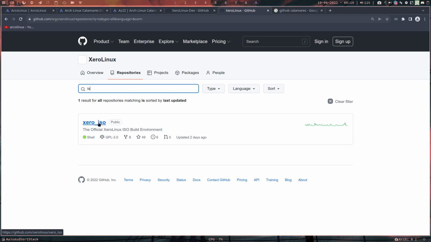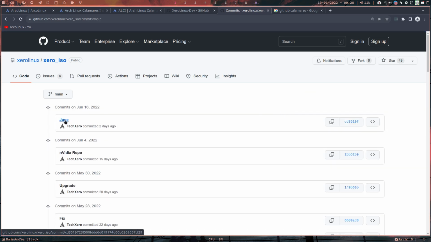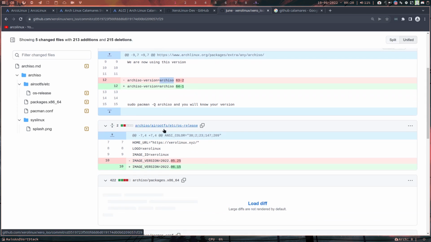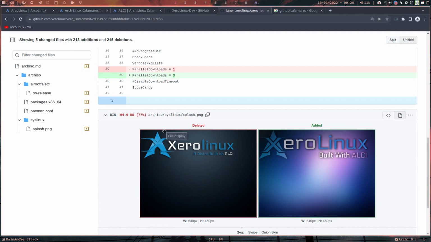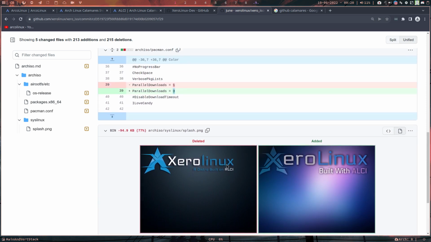This is the official ISO. It has been updated. You can follow this, learn from it. What has he done in June? He changed the number. Why? Because we all need to learn about ArcISO. Many videos about ArcISO included in all the websites. Making a choice from parallel downloads 1 to parallel download 3. We've taken 5. A new screen here. It's all about choices,